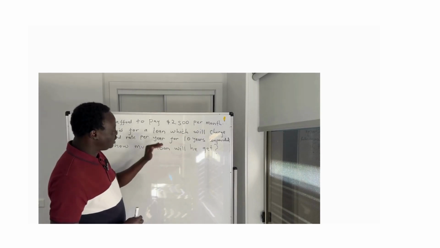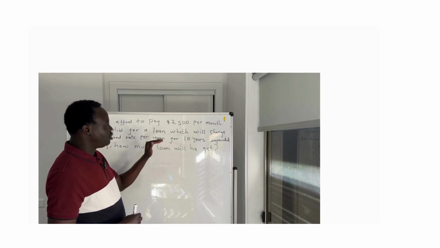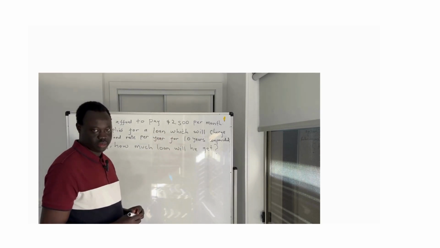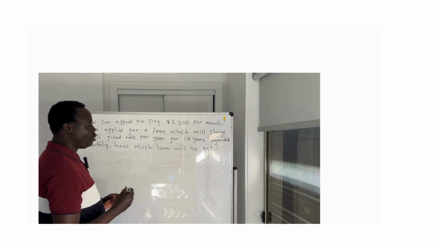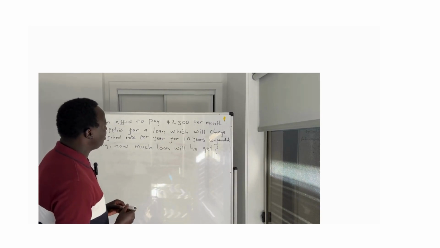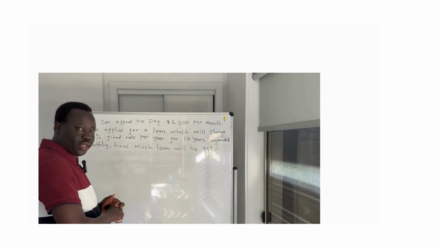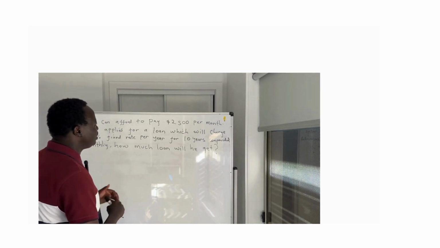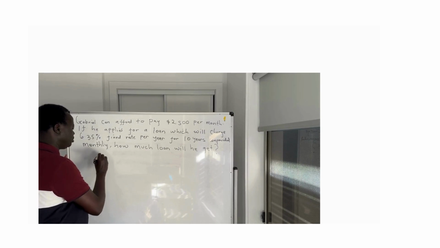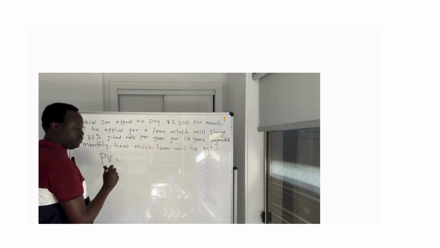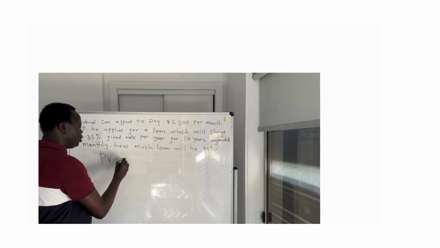So this is the present value of an annuity, and this is an ordinary annuity. The formula for an ordinary annuity: the present value of an ordinary annuity formula is present value equals regular payment, which is this one here, regular payment, 2,500